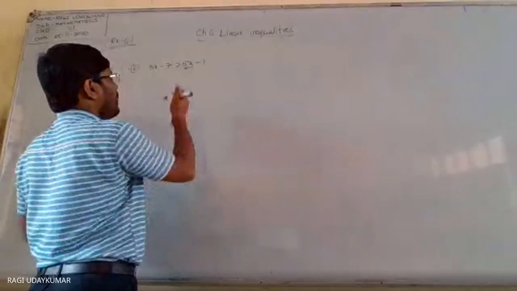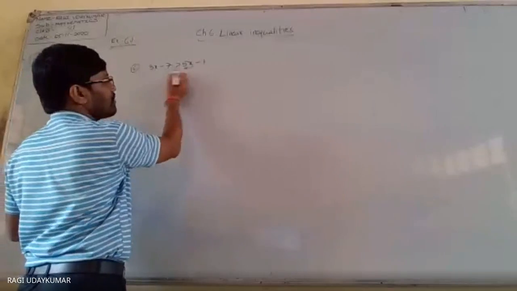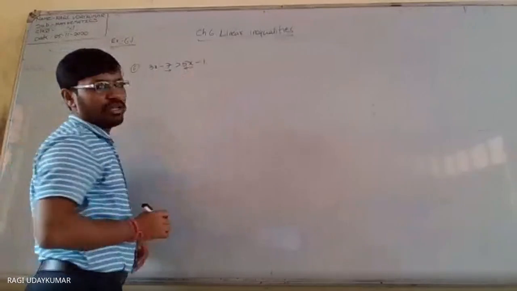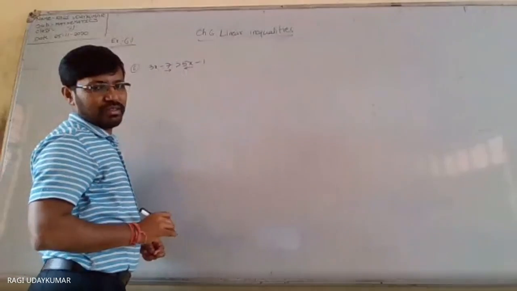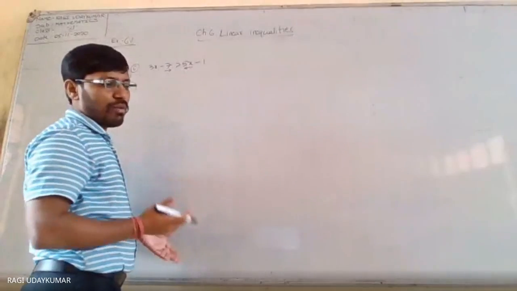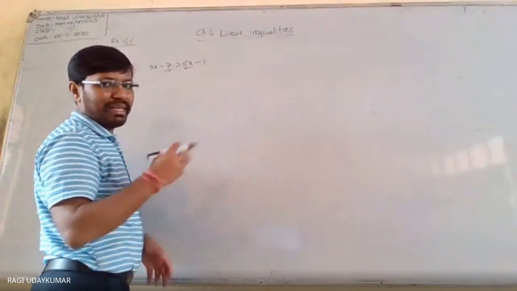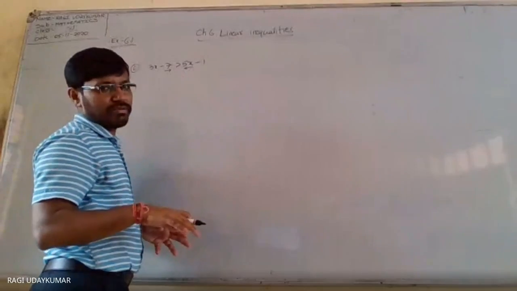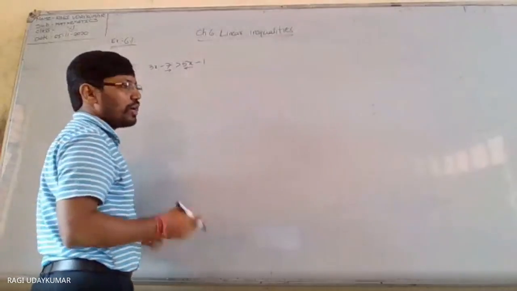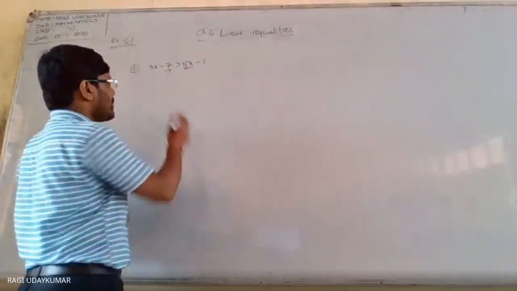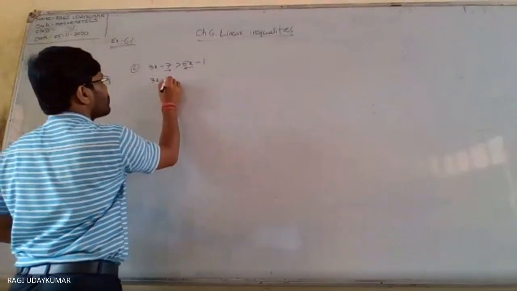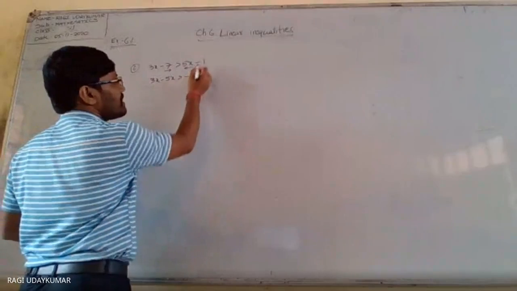Subtracting both sides by minus 8. In one step only you can do. See, this 5x I am taking here, this one to the left side. So when you are transforming the complete term, that is nothing but you are doing addition or subtraction. So the inequality sign does not change. 3x minus 5x is greater than minus 1 as it is here.